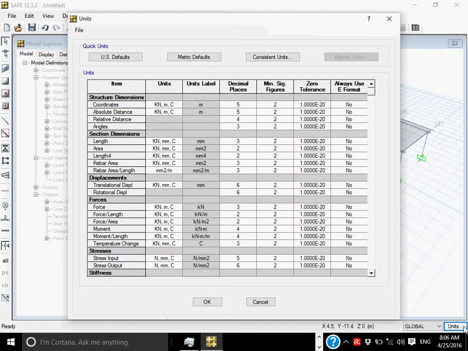When you export, it should have exported all the things, but I'm just confirming all these variables. Okay, units are there. For example, for force you want kilonewton, and if you want to change any unit, for stress say Newton per millimeter squared, you can set a specific unit of your desire over here.